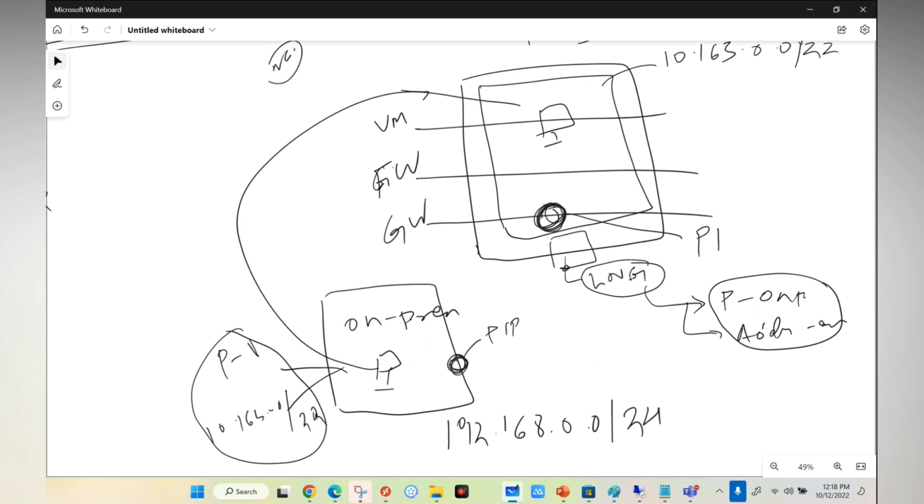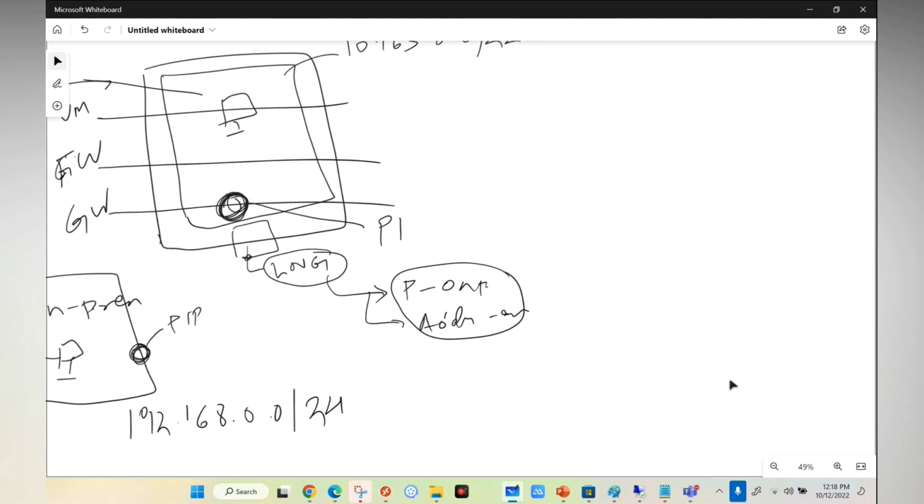Okay, so let's go and create a local network gateway where we will define the public IP address of my on-prem as well as the address range. So let's get the details. What is the public IP address of my on-prem VPN? So to get that, I'm going to,